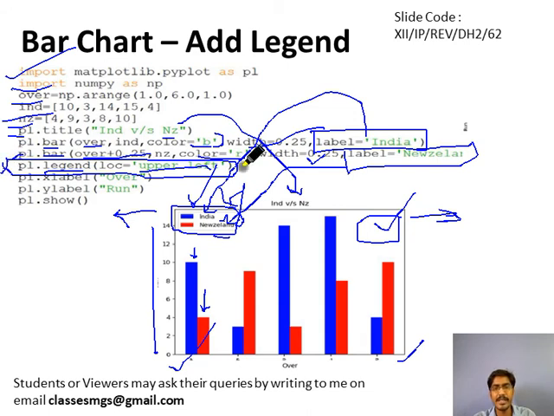If we want to show the legend, you will use the plt.legend function, and it is necessary to pass the labels when you are drawing the bar. Then you will use the legend function and the position of the legend. If you don't pass the location, then by default it will be upper left. Then x label, y label to set these labels, over and runs. Okay, so this is how you can add the legend.